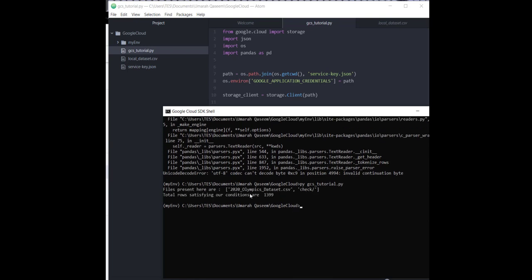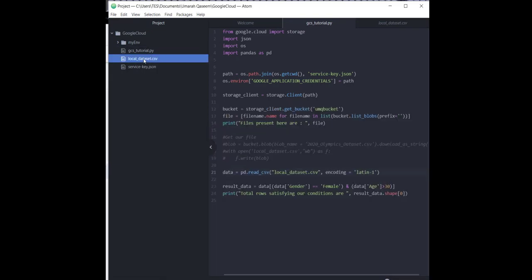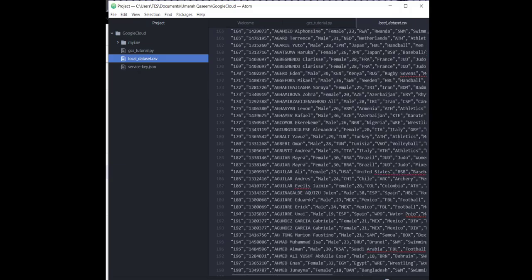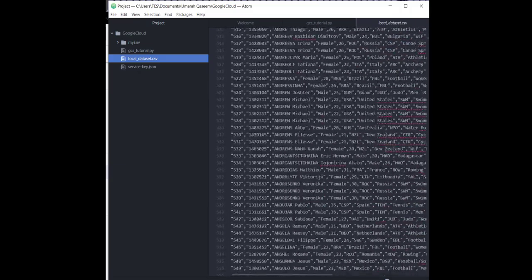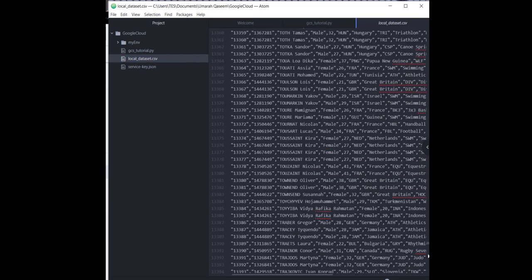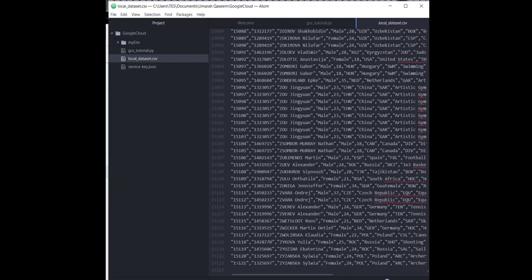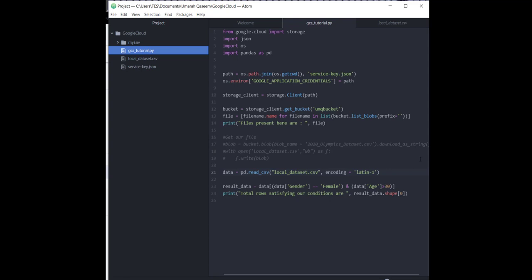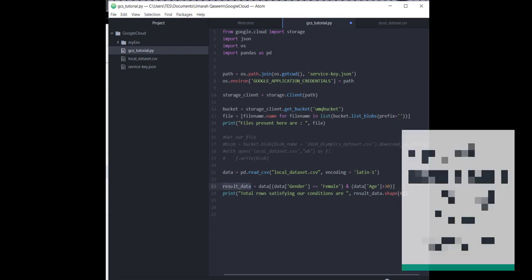Okay, good, cool. So total rows satisfying our conditions are 1399. Basically the total rows in the data set were around 15,000, right? Yeah, so good, it's working. Now let's just save this result data back on the server, on the cloud,